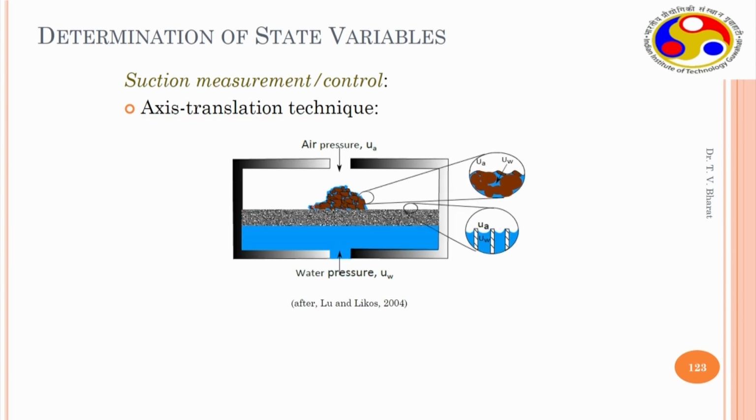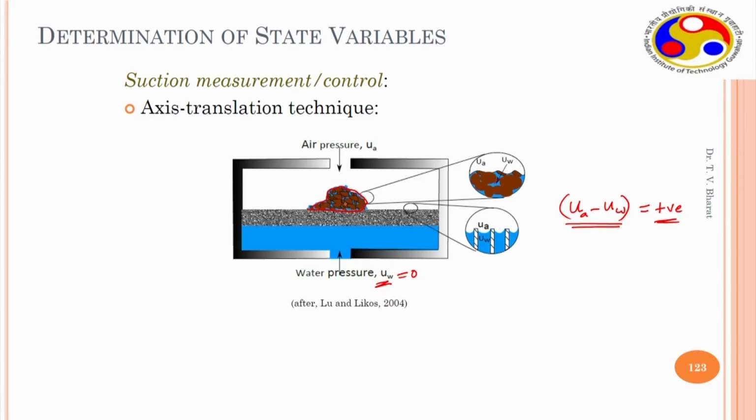On this air entry disc, if you place some soil like this, now soil pore water is in very good contact with the air entry disc. So, the water in the soil pore and water in the air entry disc both are in good contact, they form a good channel. Now, when you start increasing the air pressure, UW is maintained constant, maybe equal to 0. Then you are increasing UA, which is a positive value, that indicates the matrix suction. So, you are actually maintaining a certain suction.